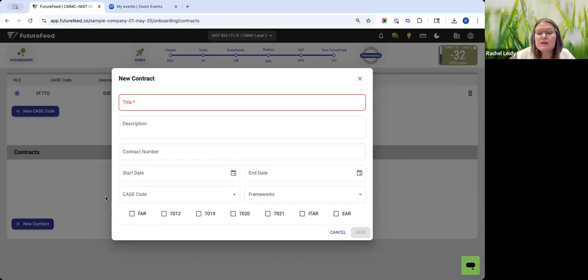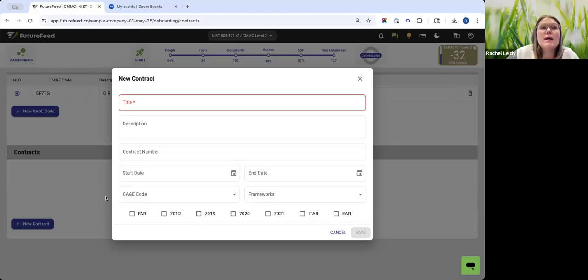I think this is great information. I'm not sure when you get brought in, but when I was doing consulting, most companies that I worked for needed help with scoping. And the whole scoping activity really starts with identifying the contracts that are bringing FCI and CUI into your environment. So this page could help with that scoping discussion, as well as